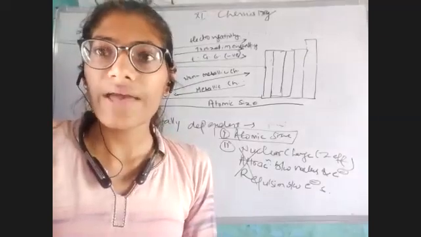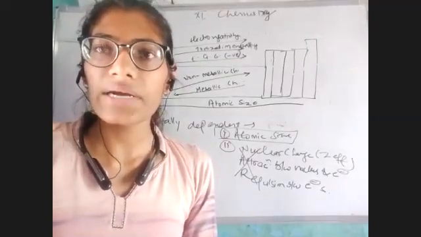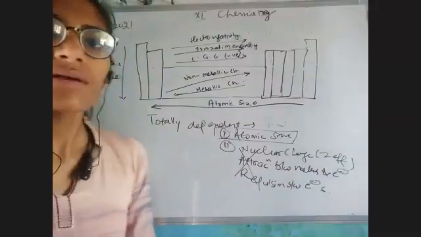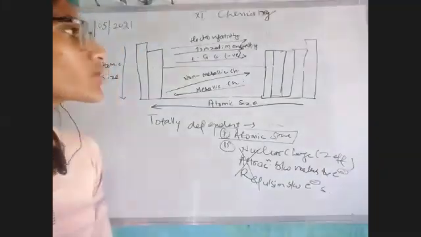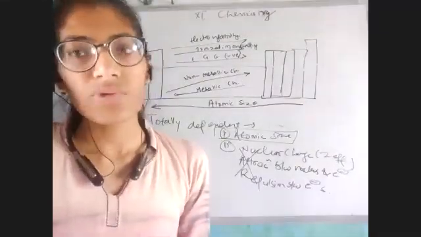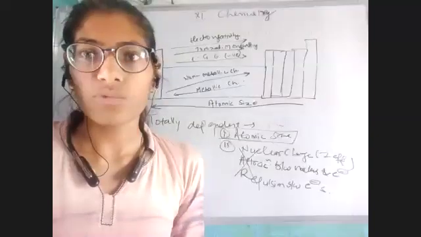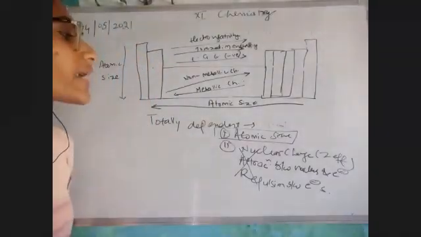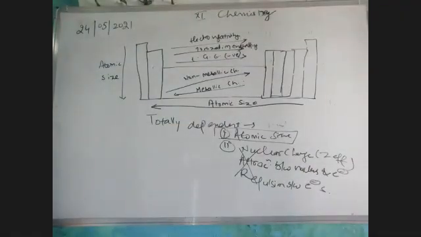Now this was the topic. We have completed all our physical property as well as their trend, whether they are increasing or decreasing, and we are left with only two topics, that is chemical property as well as the anomalous behavior of second group, that we would see in our next class. Till now, if there is any kind of doubt in this topic, that is atomic size, electron gain enthalpy,